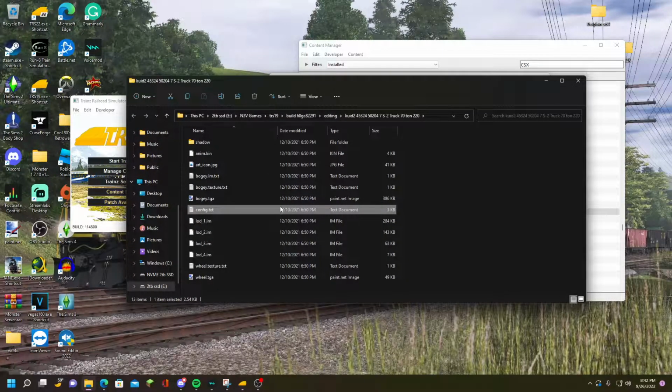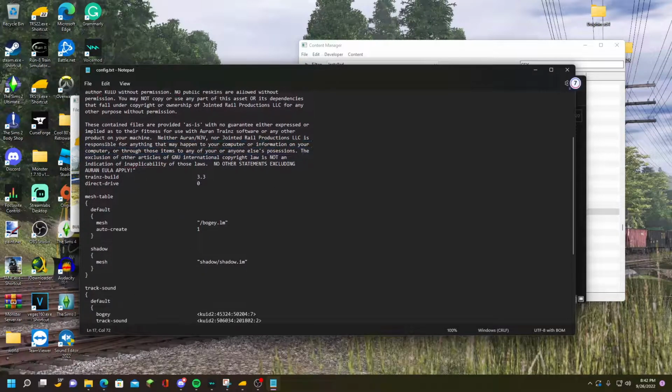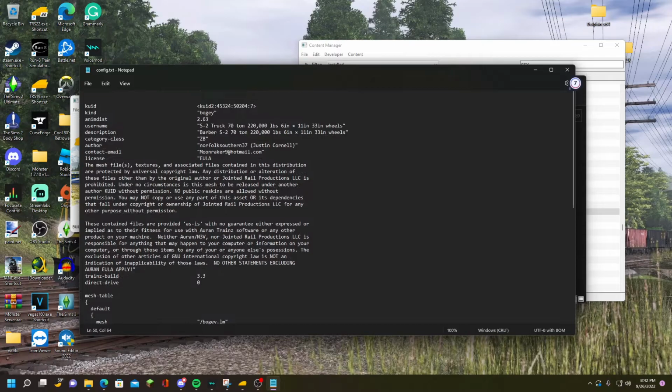Once you bring up the config, look inside the config itself. As you can see, this is the one made by Justin Cornell, original Focus 737. So you guys will be able to see that this is the same bogey file that JR uses. In this case, it does also have the track sound. Correct? Correct. And it's not using my track sound either. Note the QID table. Note the track sound in this priority. So, what we want to do